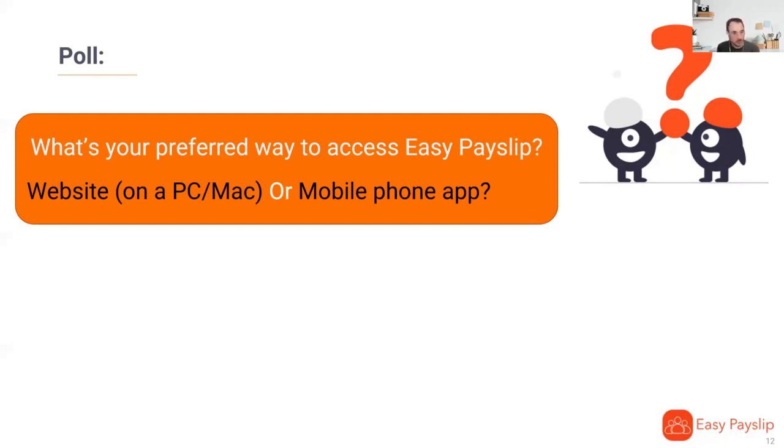So we are cloud-based. So once you have an account, you can log in any way you want. You can today do your payroll on the website. Tomorrow you can download the app. You log in with your same username and password, and you can have a go doing it from the app.